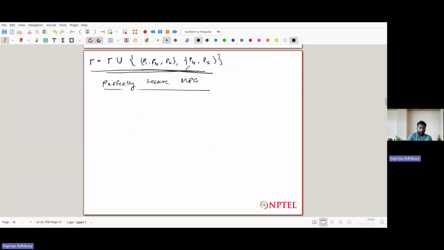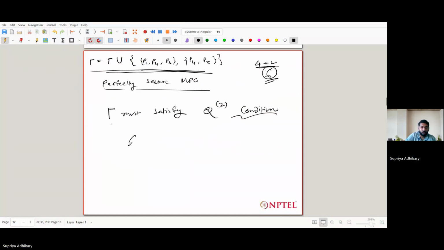To achieve a perfectly secure MPC, this adversary structure gamma must satisfy the Q2 condition. So all we need to check is whether this gamma satisfies the Q2 condition or not. Initially gamma had four sets, and now we add these two, so we have a total of six sets inside gamma. So the number of possible pairs would be 6C2, which is nothing but